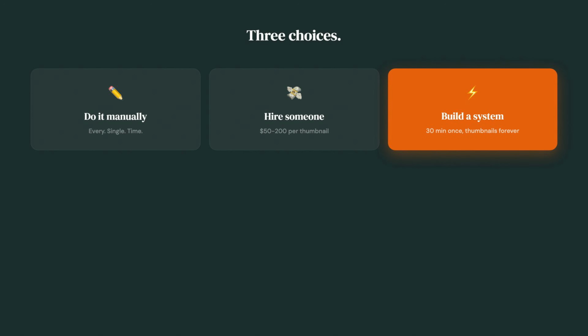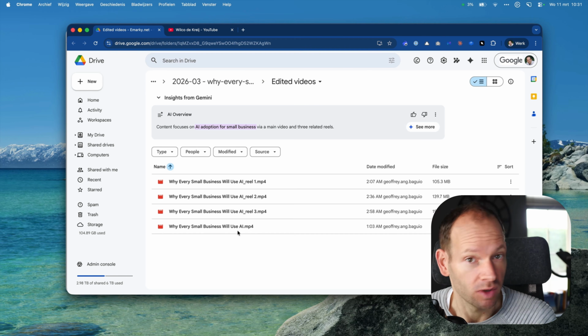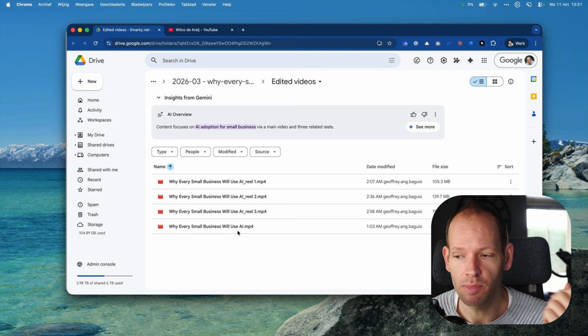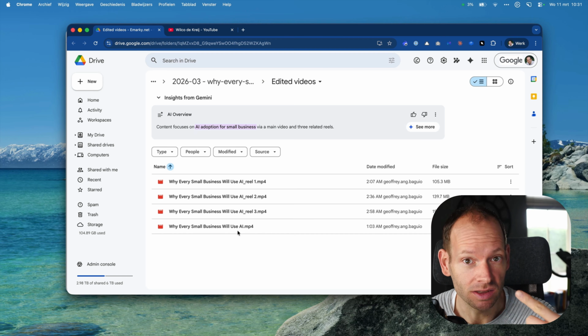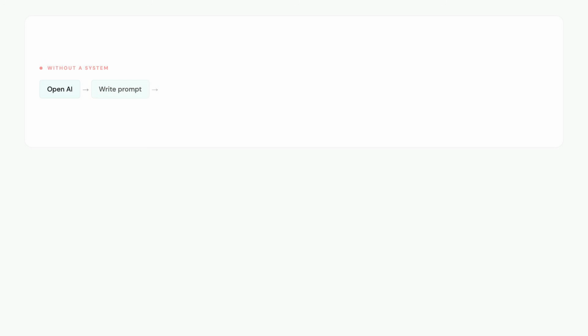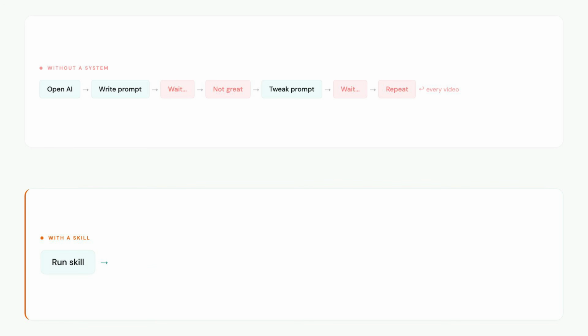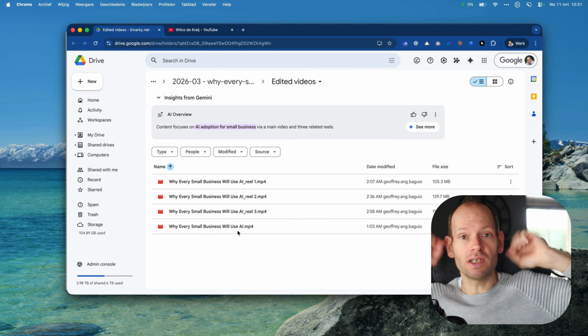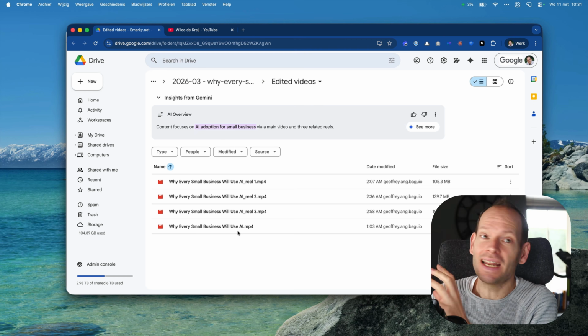I can hire someone to do a thumbnail. I can probably create a thumbnail with AI and then figure out a way to get a good output. And then next time I make a video, I need to do it again. What I want to do instead is use AI to create a process, without any extra tools, just using Claude to create thumbnails, that from that point onwards I can just always use, right? So that I just have a process. Whenever I have a new video, I just put the video in there and I get a perfect